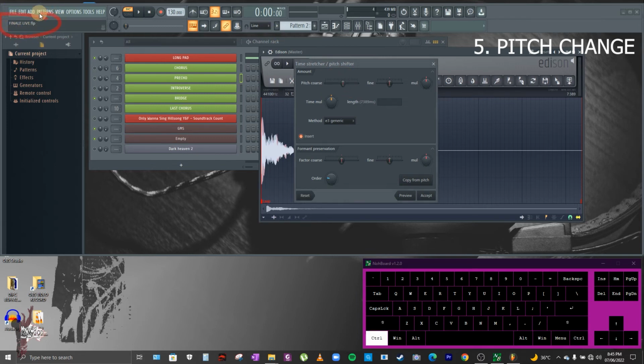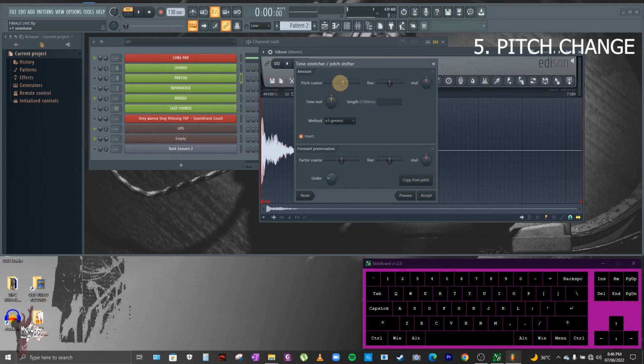Now it's showing here it's 1 semitone, so it means that the key is now in G sharp. Now if we move again 2 semitones forward, now it will become key of A already. Okay, that's basic, right? So after you apply it, just click accept.